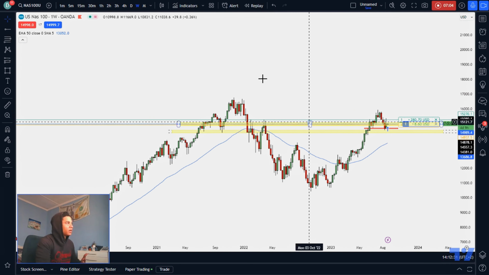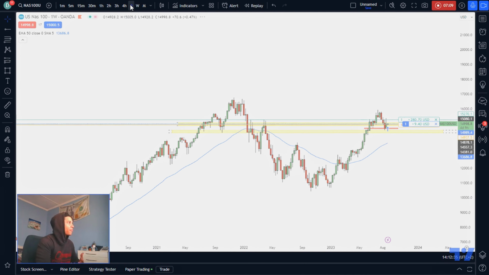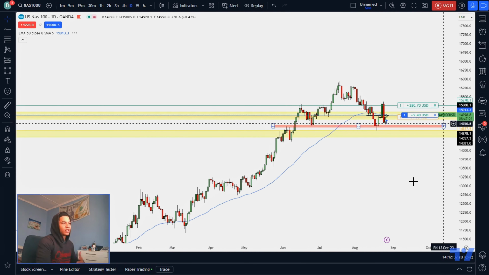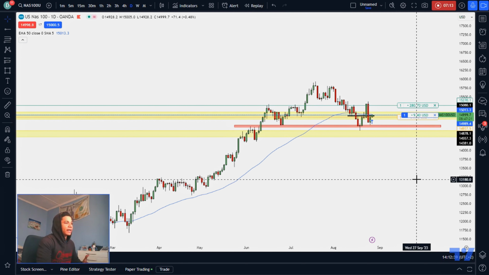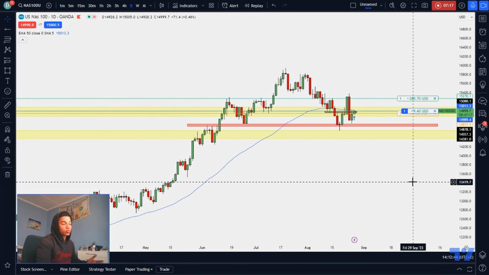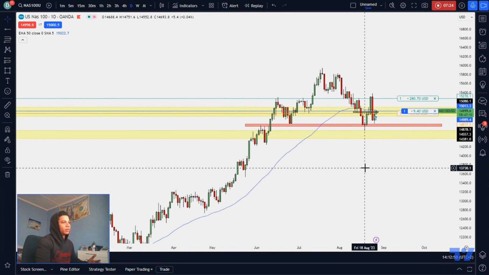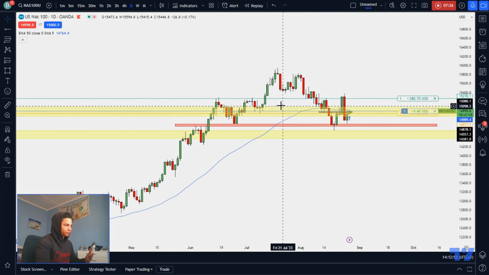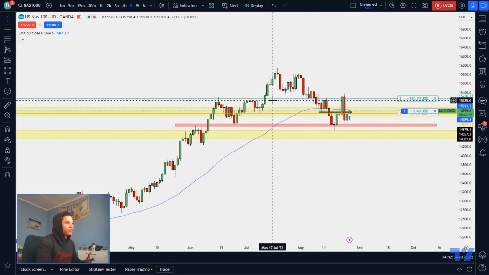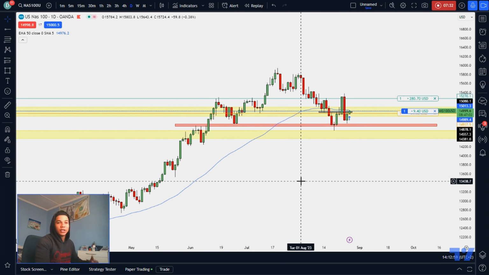But we start off on the weekly for structure and market type, and you can also draw up your weekly levels if you want. And then we pop down to the daily to look for trend, and we can also draw zones in this area, but I normally start off on the daily with my zones, just to be safe. You can use the weekly for market type and market structure, and then daily you can use your zones,